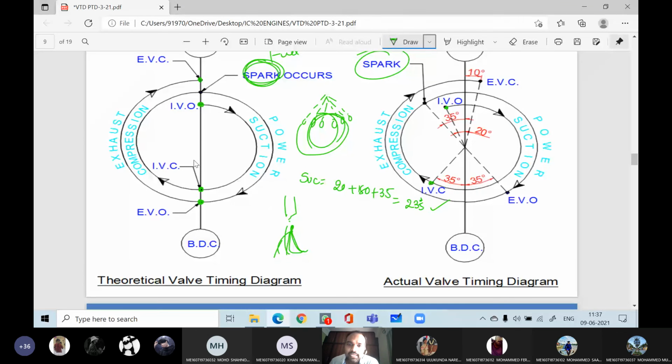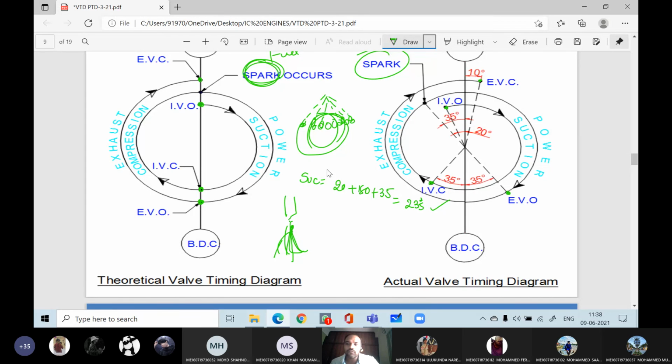So it means in the diesel engine, combustion takes place at different points because the fuel is injected. Whereas in the petrol engine, combustion initiates near the spark plug and has to travel throughout the combustion chamber. That is the reason we give 5 degrees extra. So the spark is given, combustion begins, and from here the power stroke starts, and the exhaust valve opens 35 degrees before and closes 10 degrees after.